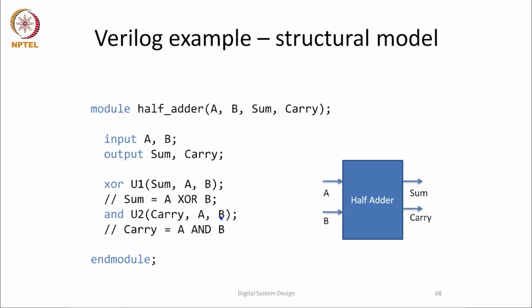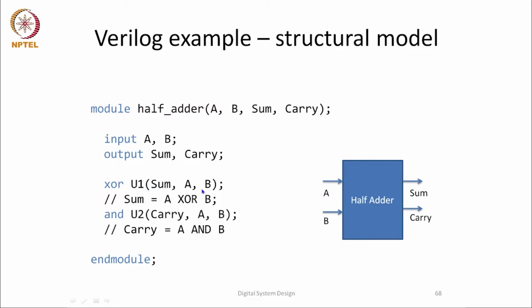Now in our previous slide, we have seen that in a half adder, sum is an XOR of A and B and carry is AND of A and B. So I can instantiate an XOR gate, and the name of the instance I have to write, U1 is the name of the instance, and then the connections of